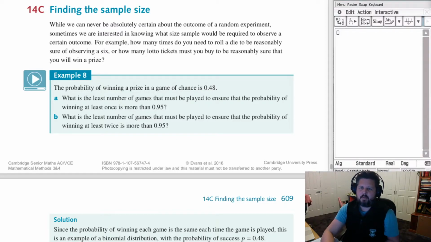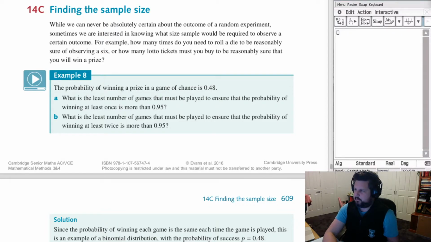It says the probability of winning a prize in a game of chance is 0.48. We're going to find the answer to the following two things. What is the least number of games that must be played to ensure that the probability of winning at least once is more than 0.95? And secondly, what is the least number of games that must be played to ensure that the probability of winning at least twice is more than 0.95? Now, a lot of this can be done on the calculator using binomial distribution, so we'll be